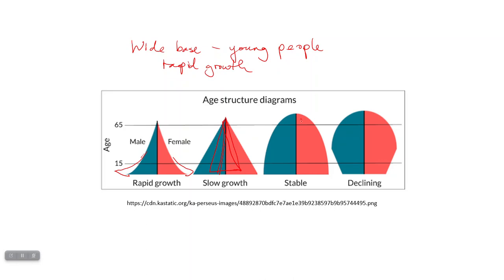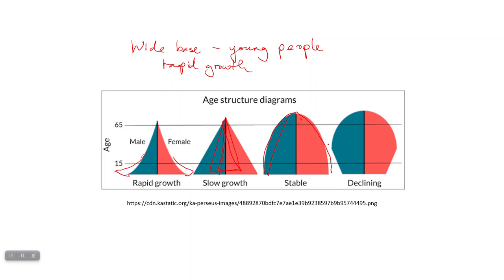If you have this kind of half oval, parabola shape, that is when you have a stable population. You don't have a particularly wide base, so that's why it doesn't have that triangle shape, and you do have a large portion of your population approaching the end of the reproductive stage